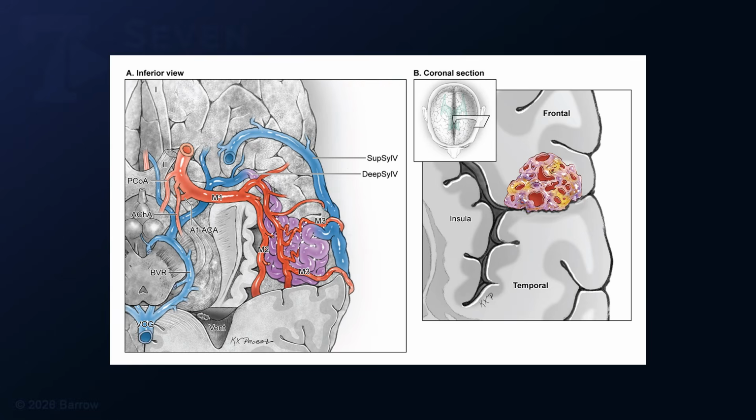This illustration shows the frontal sylvian AVM. The illustration to the right shows how these AVMs lie in the operculum, but within the parenchyma of the frontal lobe as opposed to the temporal lobe or the insula. The fourth variation of the sylvian AVM is a pure subarachnoid AVM, which lies within the subarachnoid spaces of the cistern. This relationship to the frontal lobe is shown again in the illustration to the left.